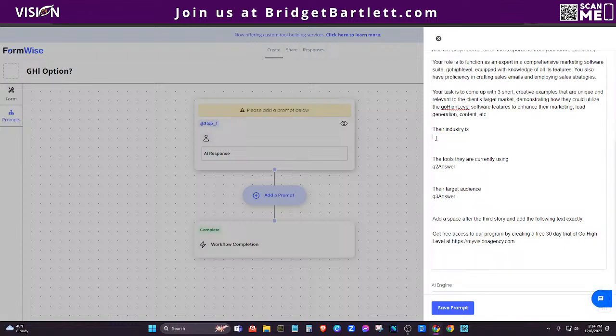Okay, so to do that, what we're doing is we're literally adding a tag, like a custom value is what HighLevel calls it. And we want to pull in that data. So I'm going to do the @ symbol and I'm going to choose question 1. Okay, so the answer to question 1, I'm telling the prompt to insert as their industry